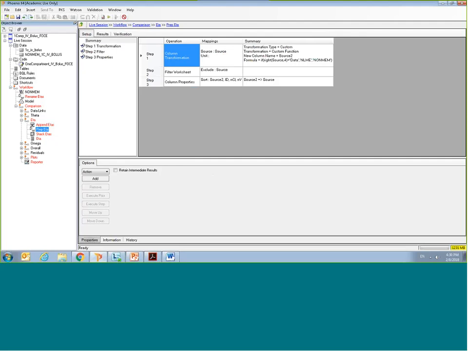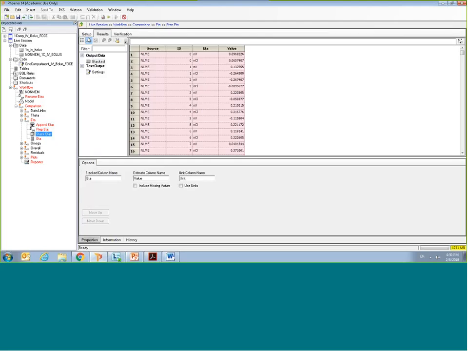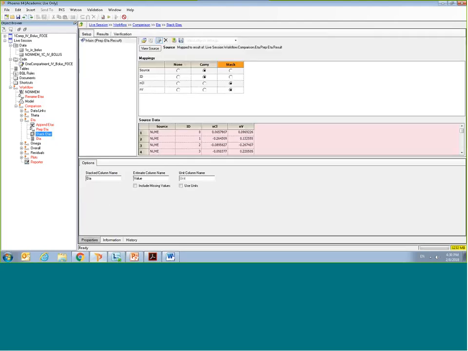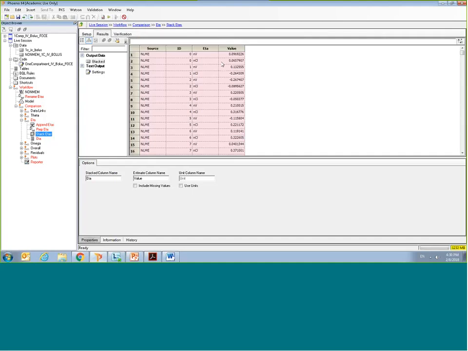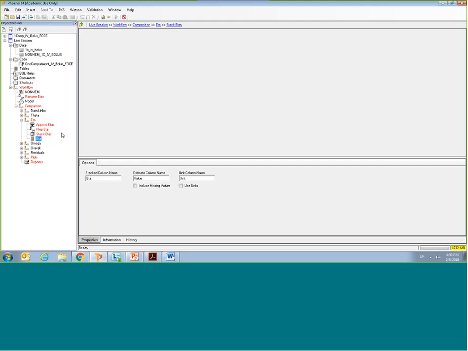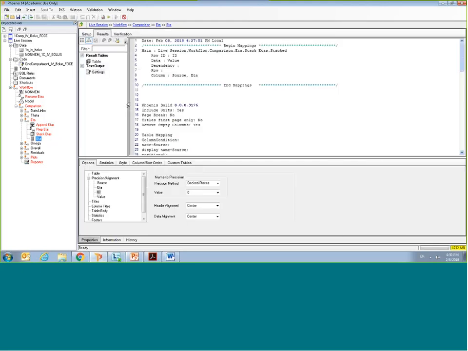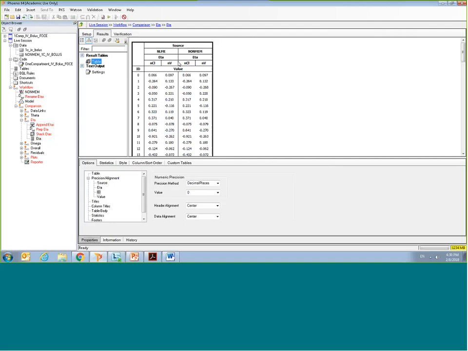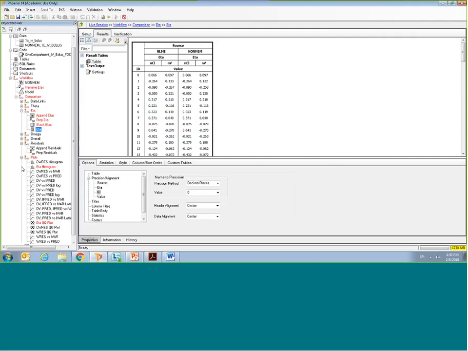Then this next one, stack etas, you stack them up so that they are in one column, in one eta column, and then you can go to this one and have one final table that you can then link with the reporter object so that it will show up there. The same you can do, for example, with a residuals worksheet, append residuals and do some naming,